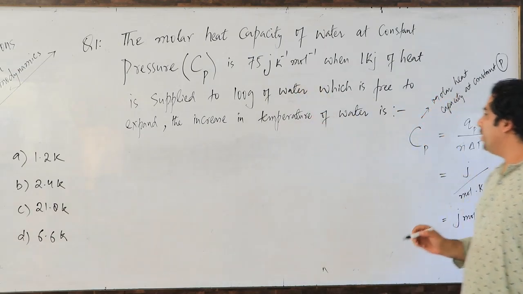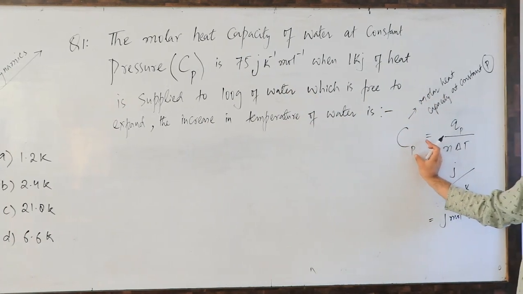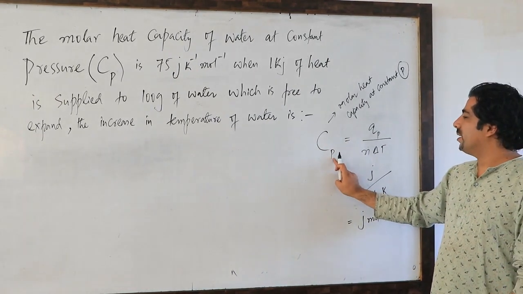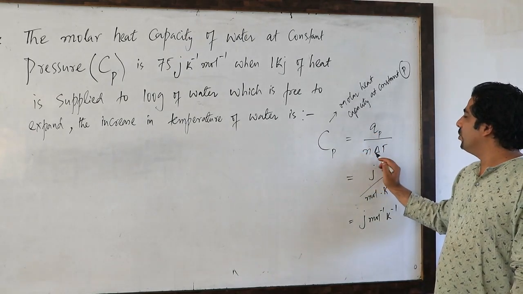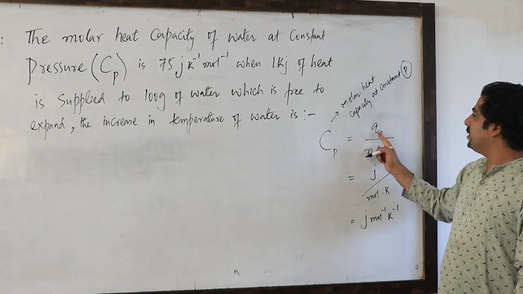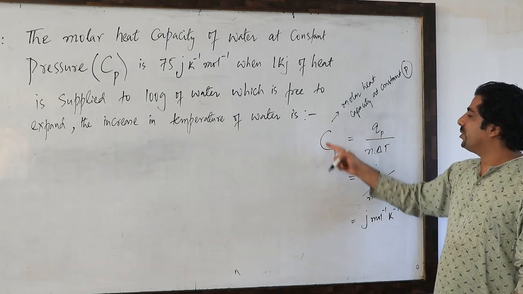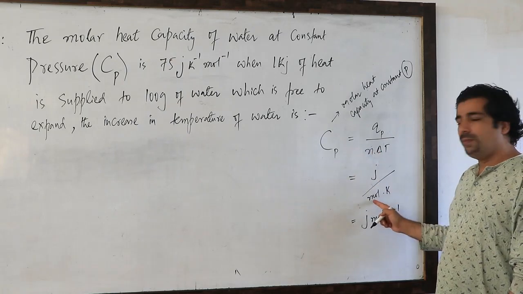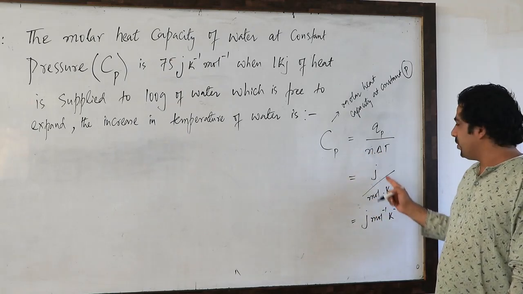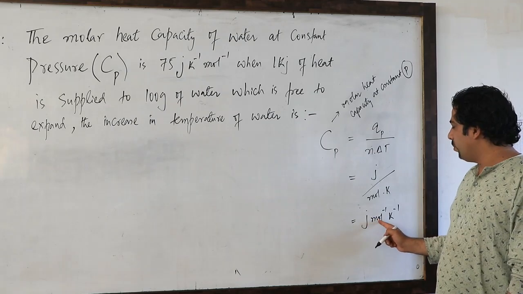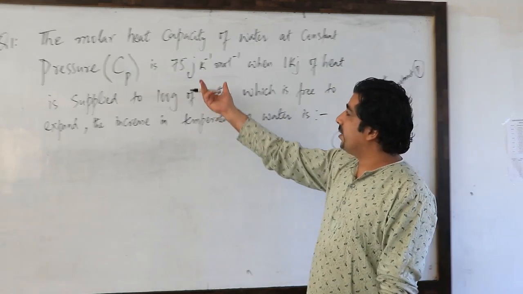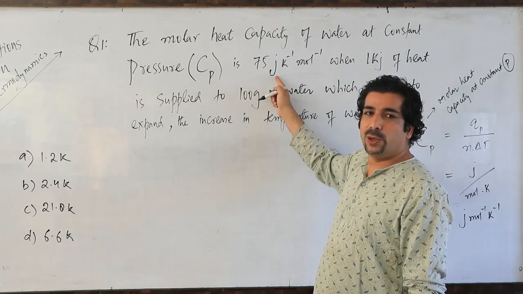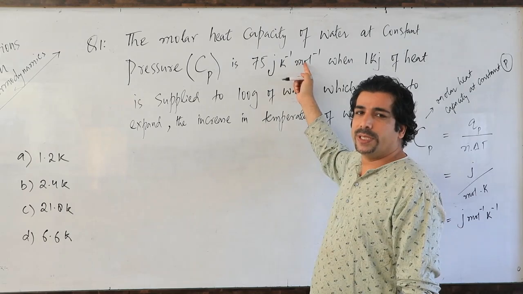Okay. So my dear friends, you know the expression of molar heat capacity which I have taught in previous classes. Molar heat capacity at constant pressure is Qp upon N into delta T. And what is the SI unit of the molar heat capacity at constant pressure? Heat is measured in joules, N stands for number of moles, and temperature will be measured in Kelvin. So we have joule per mole per Kelvin. So when we talk of the molar heat capacity at constant pressure, see the units here, joule per Kelvin per mole. So it's a molar heat capacity.